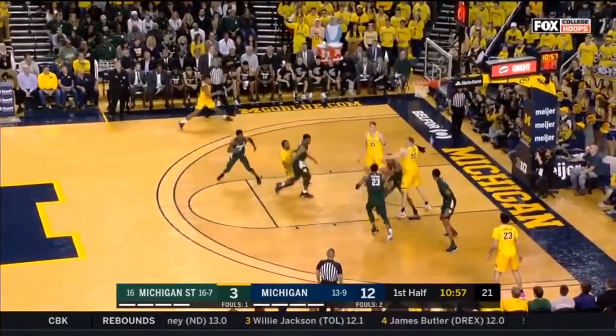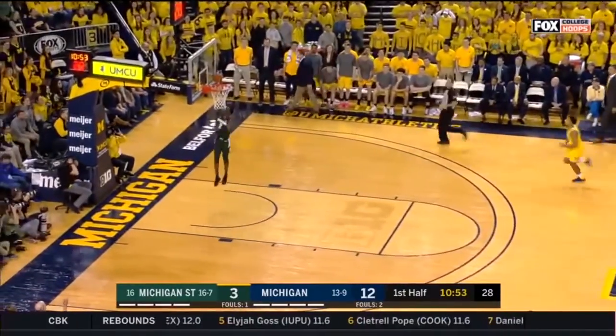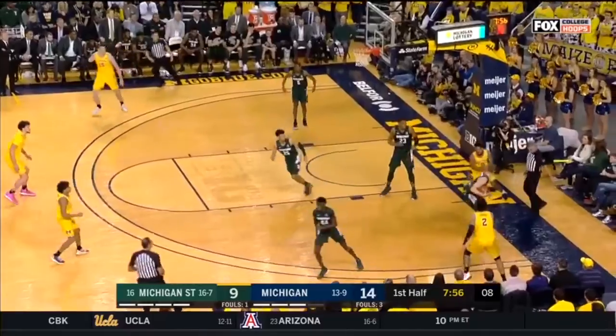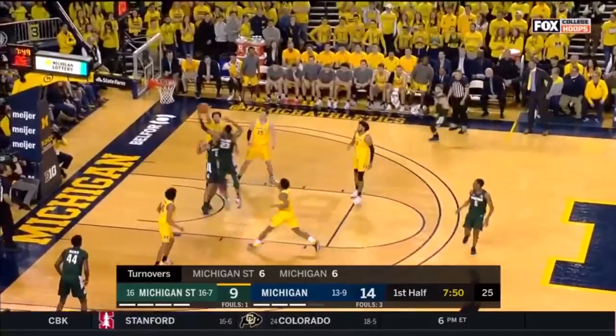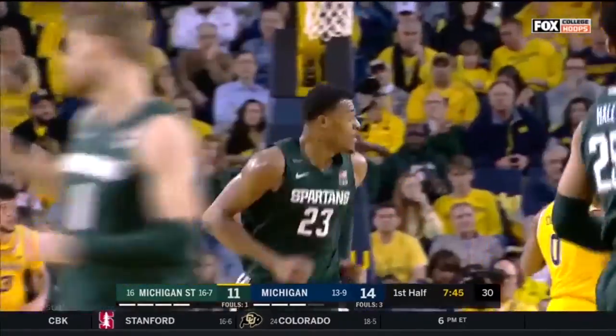Simpson down the lane, stolen. Winston, outlet pass, Rocket Watts. And he'll get an easy one. And a timeout. Knocked away and stolen by Arns. Cassius to a trailing Tillman at the basket, left-handed goes down. Tillman starting to...